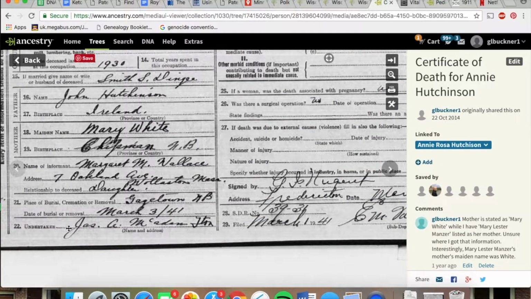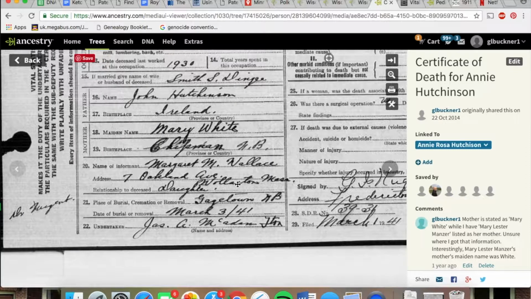Also on this side it has the undertaker's name. So this death certificate doesn't have it, but some death certificates also give you the place of burial. Oh, it does. It says it right here. Okay, Gagetown. Well, some get as specific to say the actual cemetery name, which can be super helpful because then you can go on Find a Grave,